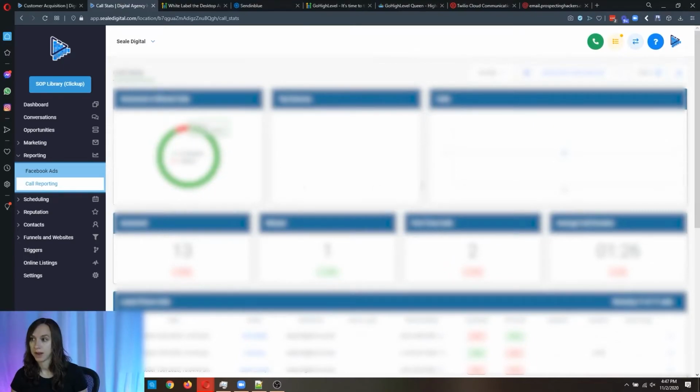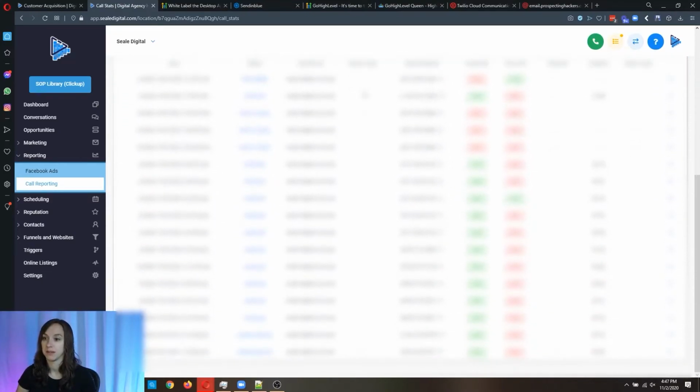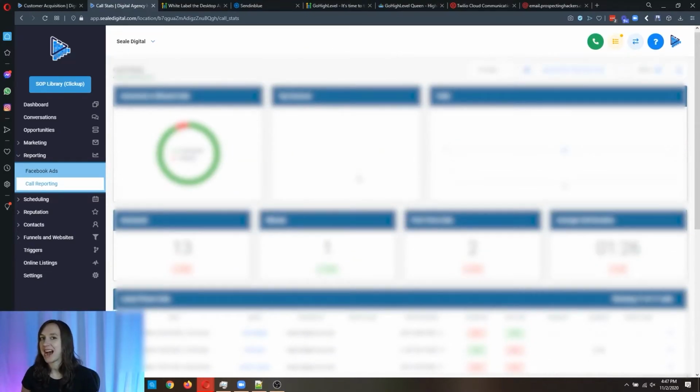You can see these graphs here. You can see average call duration. You can see how many first-time callers there were, how many calls were missed. So this is really good ammo to have if you have clients who don't like to answer their phones, especially. Pretty cool. Okay. Now we are going to talk integration.